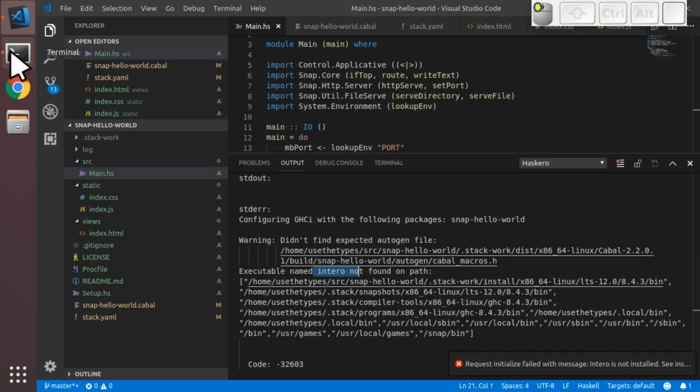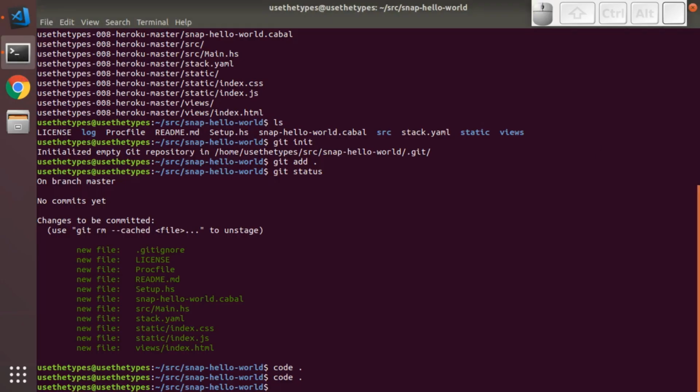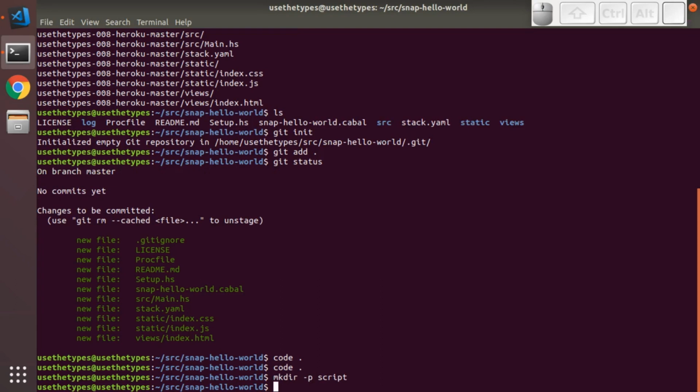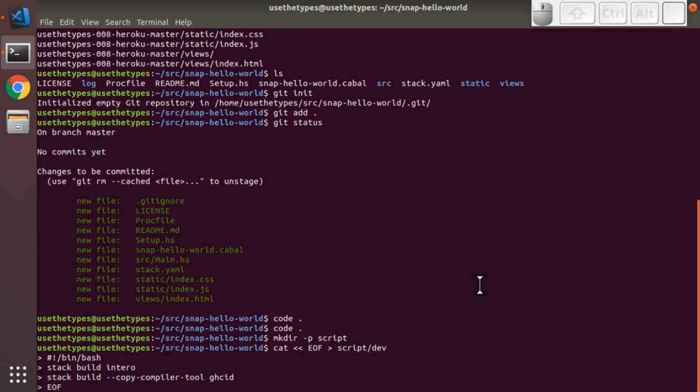So let's create that. Let's go back to the terminal. And we're going to run a number of commands. We'll create a little script directory, like so. And I'm going to put some text into a file. And I'll paste it in here like this. So we'll see we've created a file